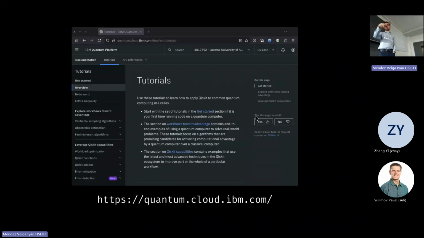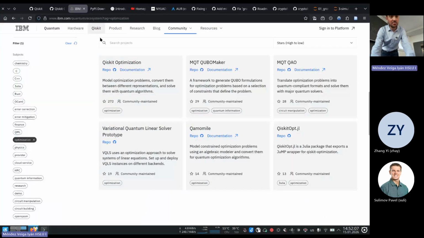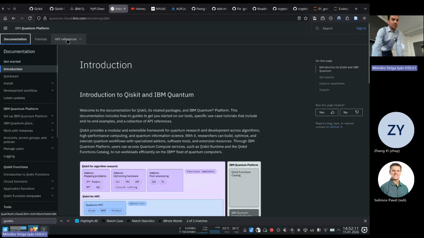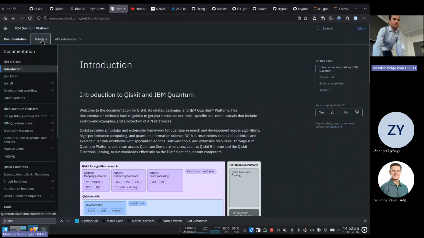All right, so here I put just some links so you can check it out. This is the new quantum platform. I would say that they did a good job compared to what they had before. So now it's clearly organized. They have the documentation, they have the API reference for the officially supported packages, so the ones from the Qiskit organization. So the Qiskit SDK, the IBM runtime, and then here you actually already have the C library that I mentioned before. And then you have the tutorials.